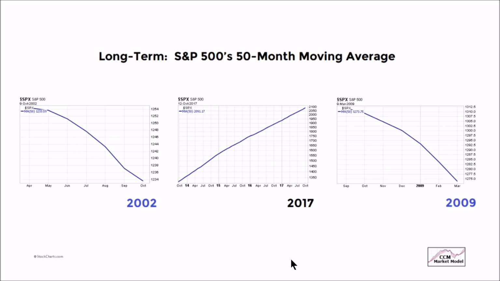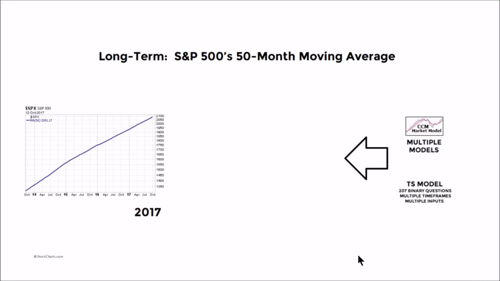We've shown the 50-day, the 22-week, and 50-month moving averages for illustrative purposes only. We're illustrating basic concepts. We're not implying that we time the market using these three moving averages. Clients and regular viewers know that the trend strength portion of our model that monitors the health of the market asks 207 binary questions using multiple time frames and multiple inputs about the market's short-term, intermediate term, and long-term health from a trend perspective. On Friday, October 13,